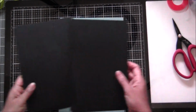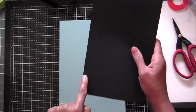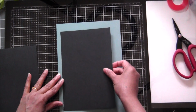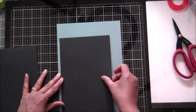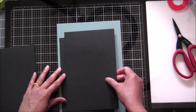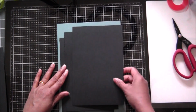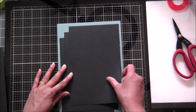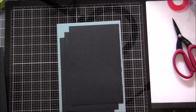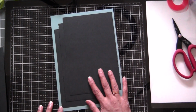So these are the ones, and we will score 1/2 inch on this long side, and we will arrange them like this. I'm putting 3 of them, that much this page can hold. So we are going to create something like that on this back side, and then